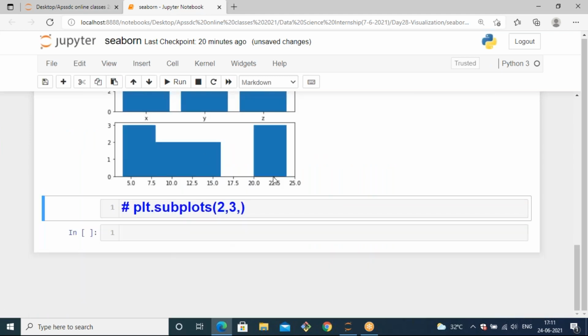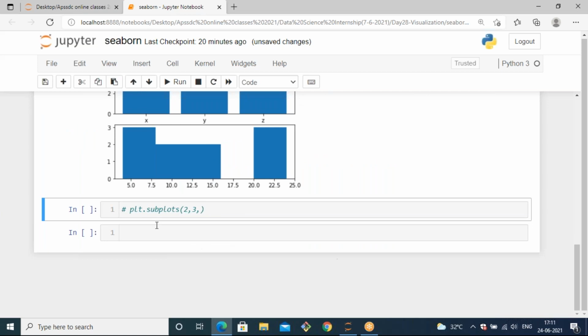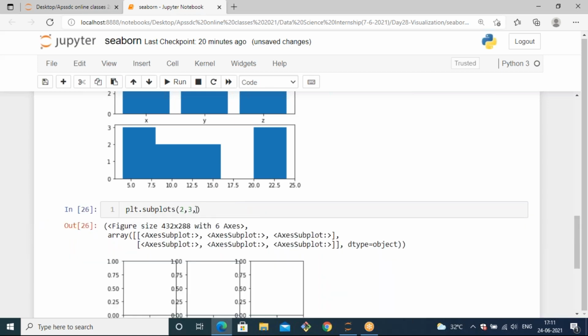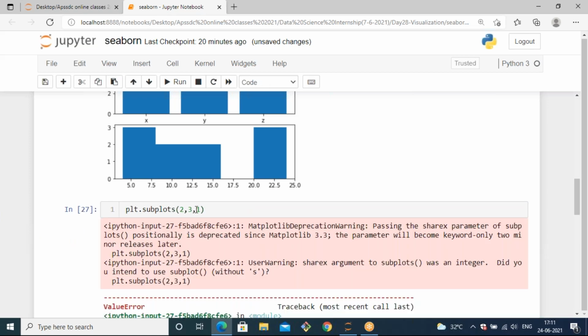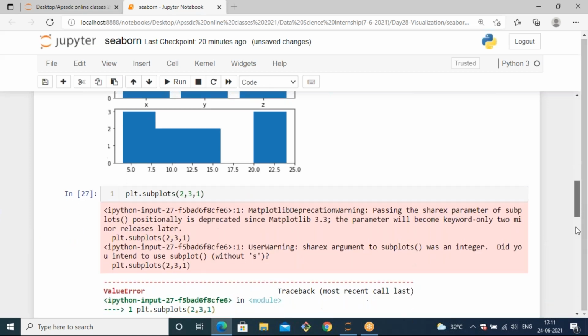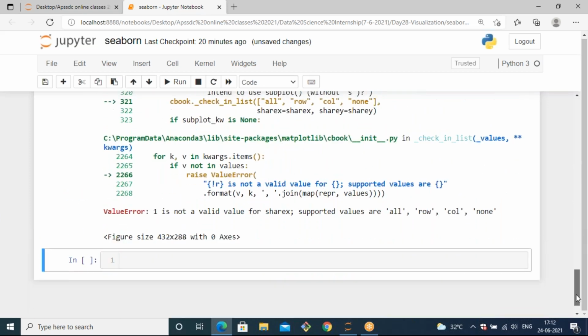So what happened? With respect to the first position, it's going to be plotted something. And also we need to specify it as an array. One is not valid value for sharex. Supported values are all, row, column, none.